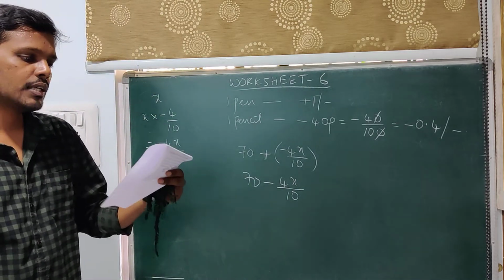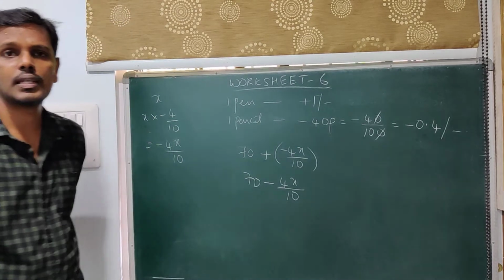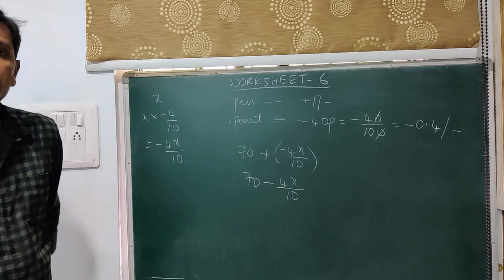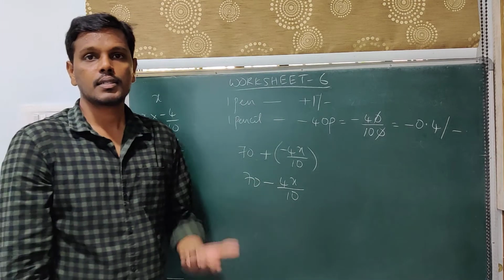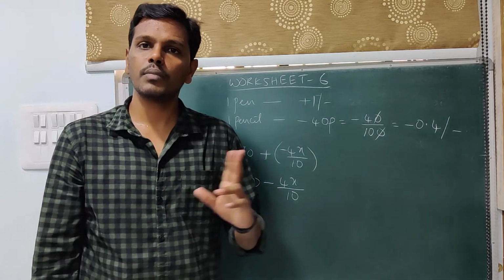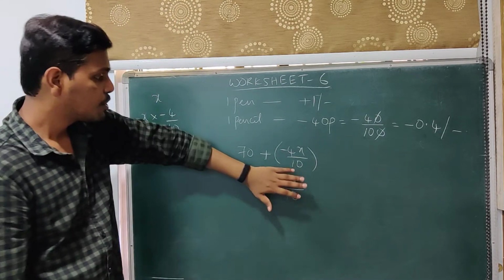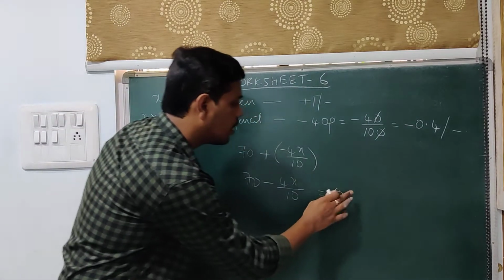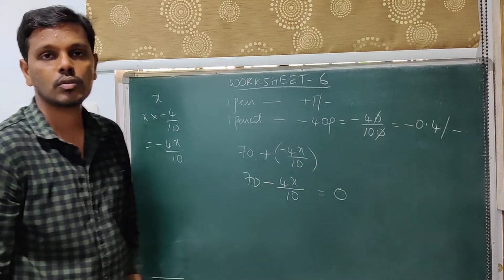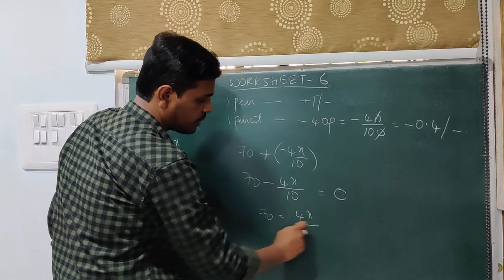Now we are told that she got neither profit nor loss. Again, this is a case which we have discussed in the previous session as well. If it is profit, there would have been a positive number. If it is loss, there would have been a negative number. Since she neither got a profit nor loss, there is no positive number, no negative number. The number which is neither positive nor negative is only one number, that is 0, which means that she got 0 rupees. So transpose it onto the other side, that is 70 is equal to minus 4x by 10, transpose it, it is plus 4x by 10.